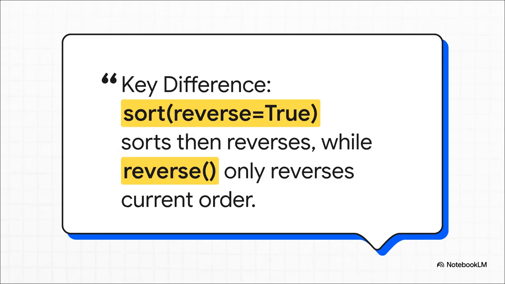And here's the other common mix-up, using sort with reverse=True versus just .reverse(). They sound similar, but they're totally different. Look, sort with reverse=True is a true sort. It takes everything and organizes it from highest to lowest. But .reverse() doesn't care about sorting. It just flips the current order of the list, whatever that may be. It's like looking at the list in a mirror. So if your list was 10, 1, 5, .reverse() would just make it 5, 1, 10, which is definitely